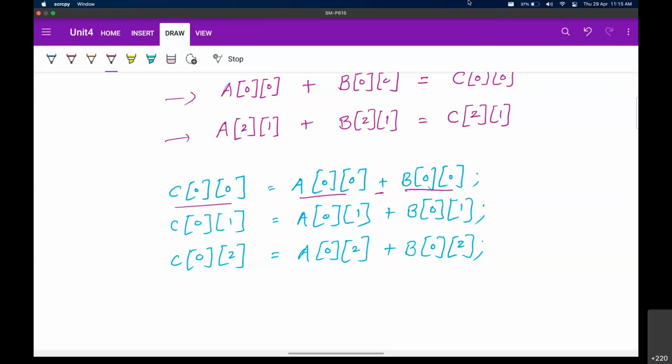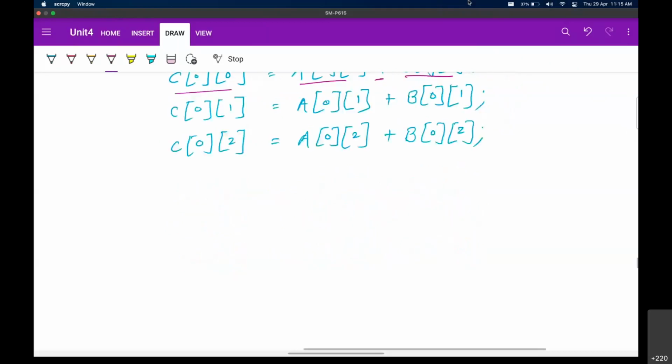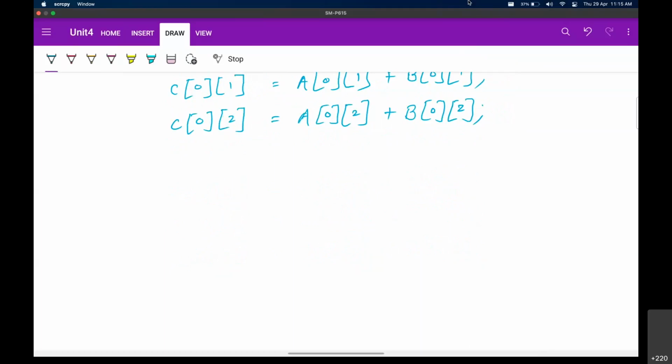So we can take help of loop now, correct? We can take a help of loop. So मान लो कि आपको A से एक वैल्यू गेट करना है एंड B से भी एक वैल्यू गेट करना है.